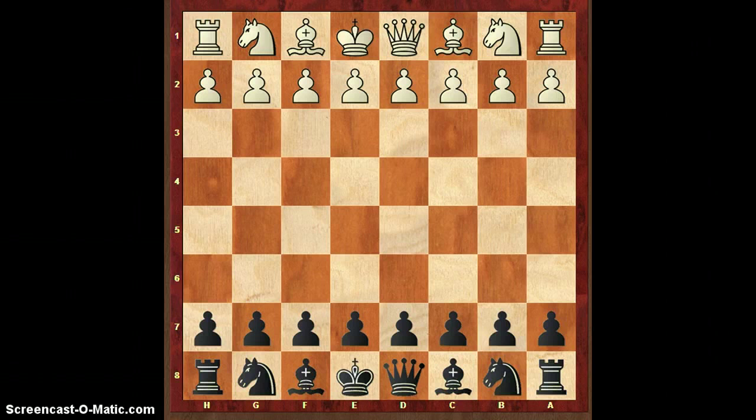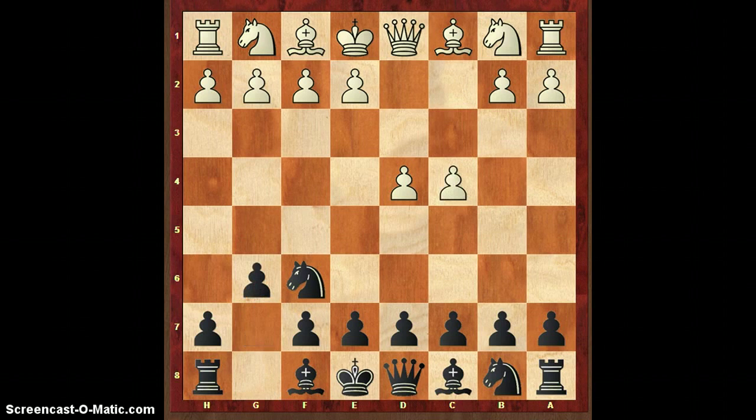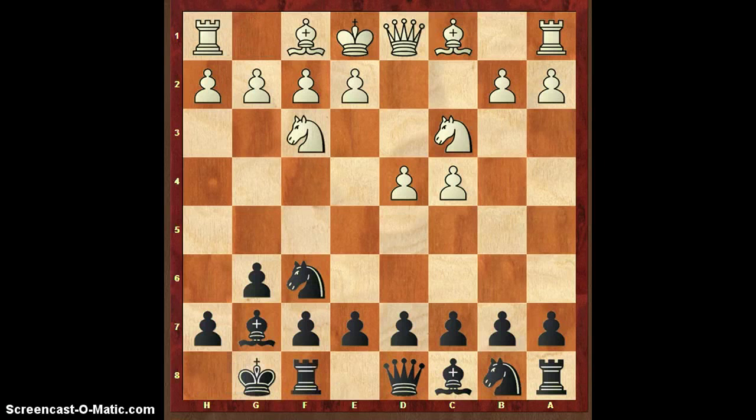Zak has the white pieces and he started with d4, knight to f6, c4, g6, and we have a Benoni defense. Knight from b1 to c3, and Rashid played bishop to g7, Fianchetto variation of Benoni. Knight from g1 to f3, and Rashid castled king side. We have g3. Zak wants to put his light square bishop on g2 because he wants to castle king side too. We have a first surprise from Nezhmetdinov.